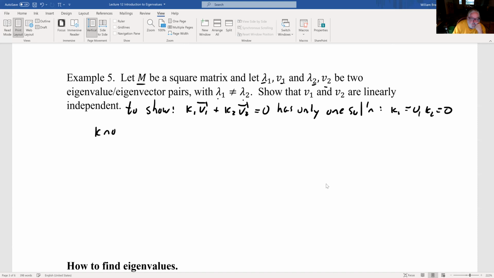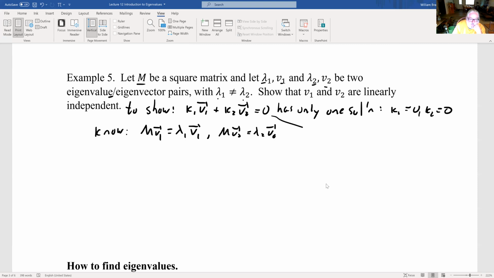What do we know? M v1 equals lambda 1 v1, because that's what it means to be an eigenvalue-eigenvector pair. And M v2 equals lambda 2 v2, for the same reason. I'll call this equation 1. So step 1,